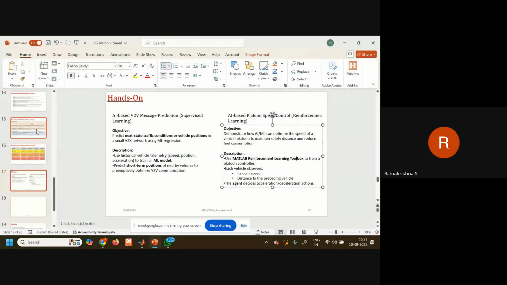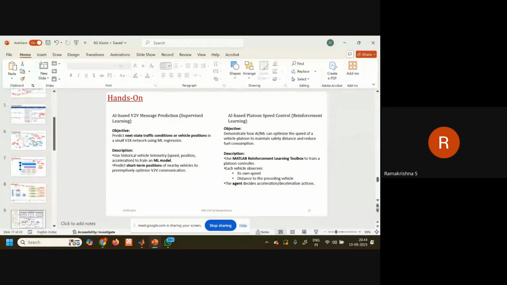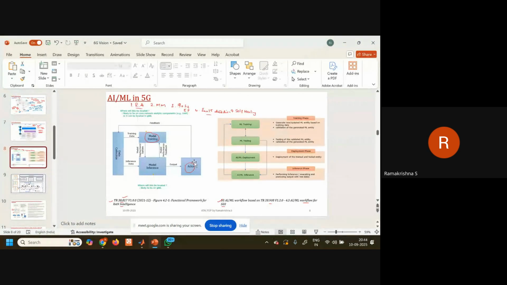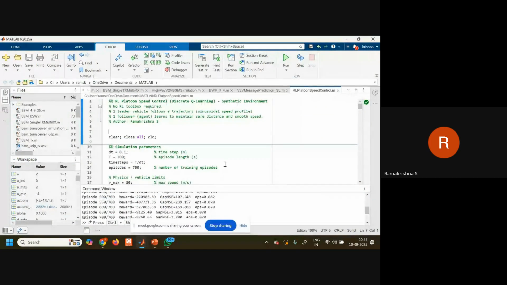So if you go back over here, one of the basic things is that the agent is going to learn this particular thing, that is, a Q-learning algorithm is being provided. So the action is going to be selected with the probability of random actions versus the argmax values being carried out. So this particular code is going to define or set up a platooning equation, wherein we are going to obtain some results through this,